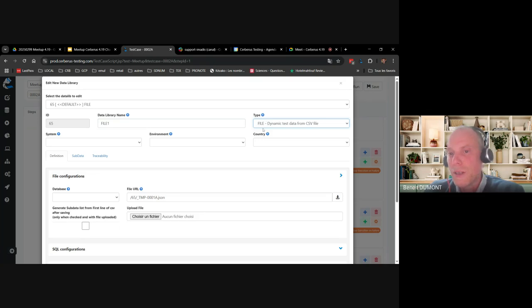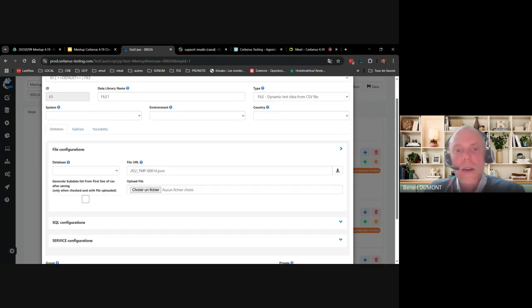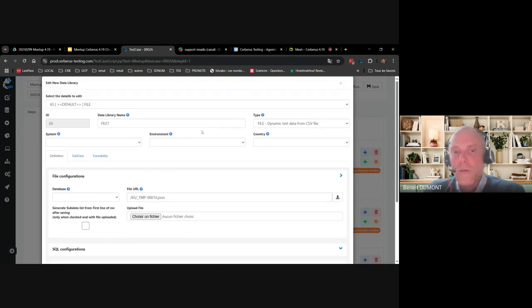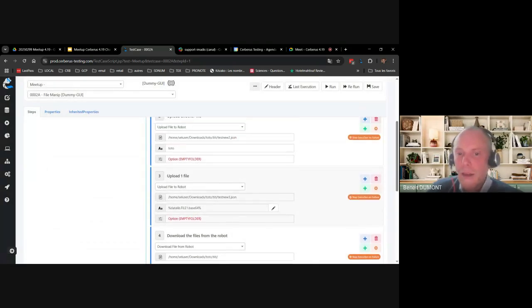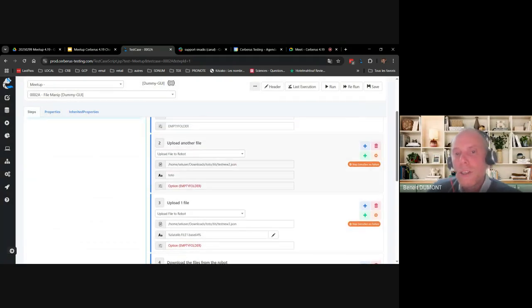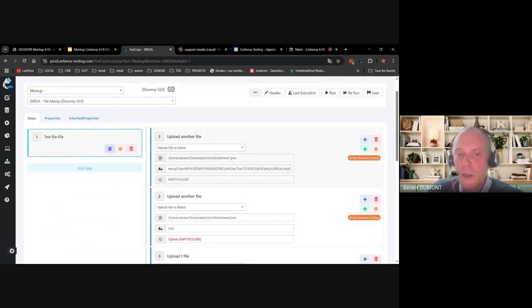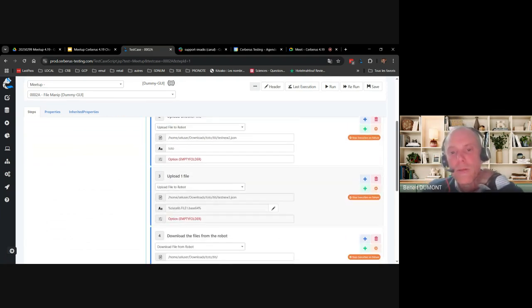It has been put inside the file type, and here I already uploaded the file into it, it was a JSON file. So the beauty of that is that you can now upload all the files that you use as test data directly inside datalib. And once you have created your datalib, you can use them in any of your test cases. And you no longer have any restriction in terms of size, because sometimes for very big files, putting the full content of the base64 could cause some issues. So now there's no real limitation.